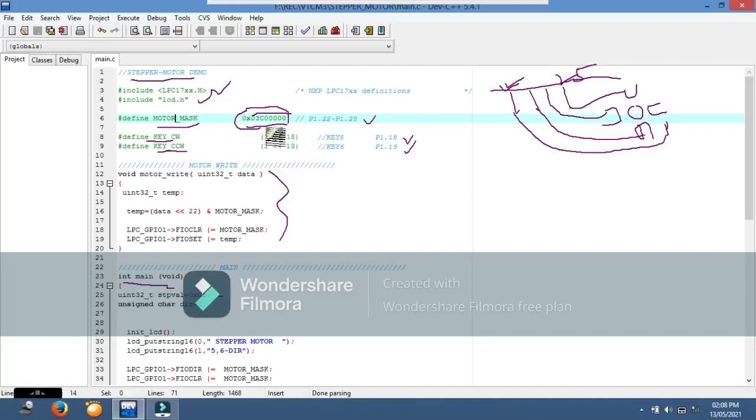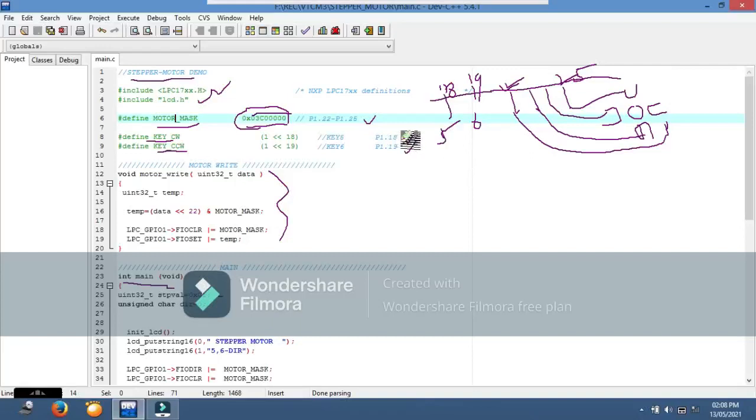In the kit, pins 18 and 19 of port 1 are connected to key 5 and key 6.